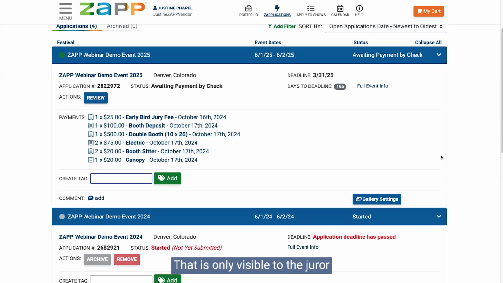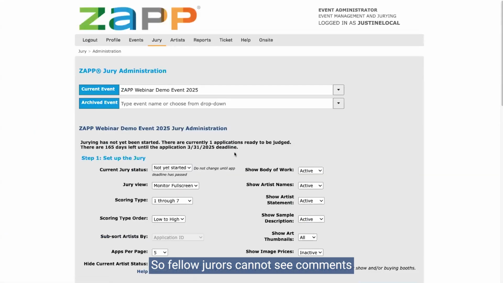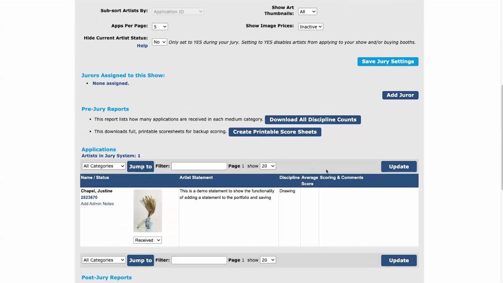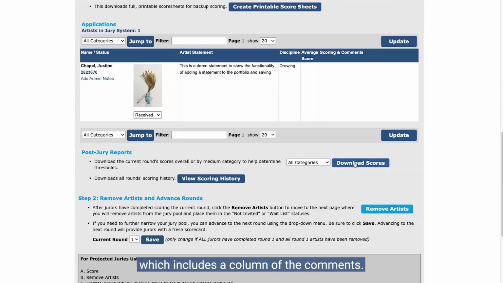That is only visible to the juror that's making the comment, and it's visible to the administrator, you, on the jury administration page. So fellow jurors cannot see comments, and artists cannot see scoring comments. However, you can download the jury report. So you can download scores, which includes a column of the comments. And if you're going to do that in a bulk way so that the head juror can see the comments or the scores,